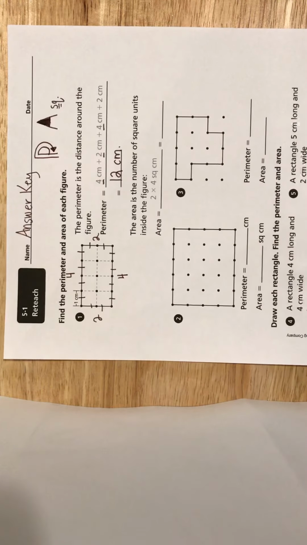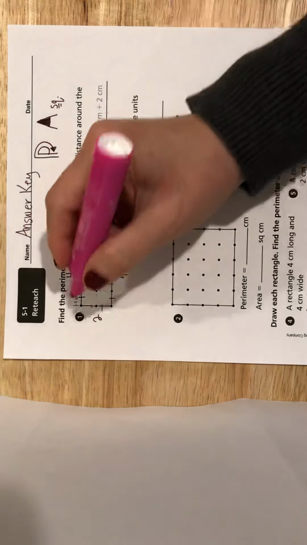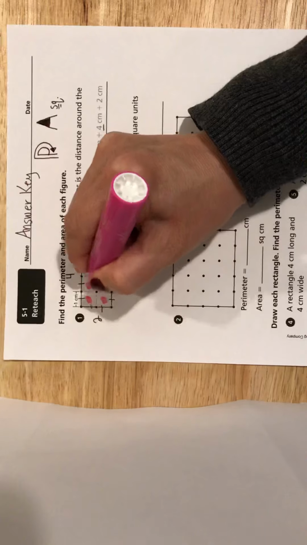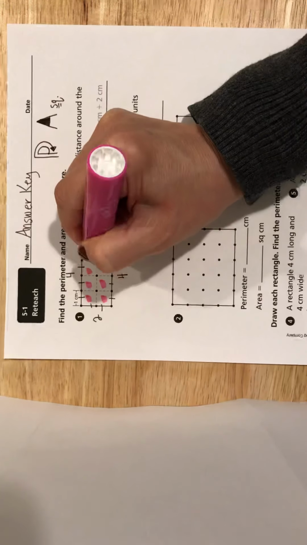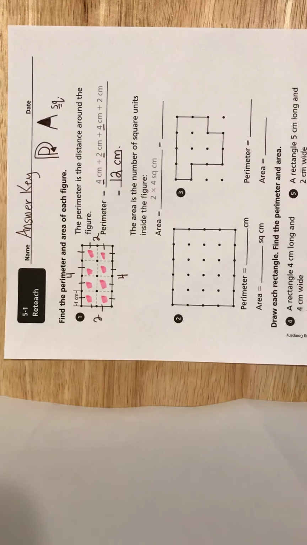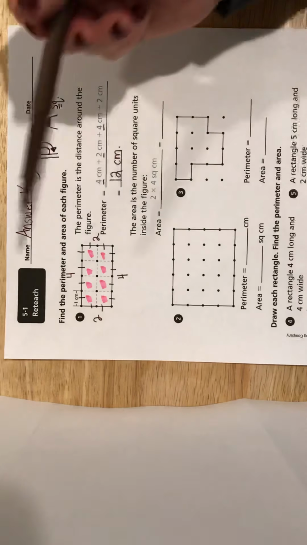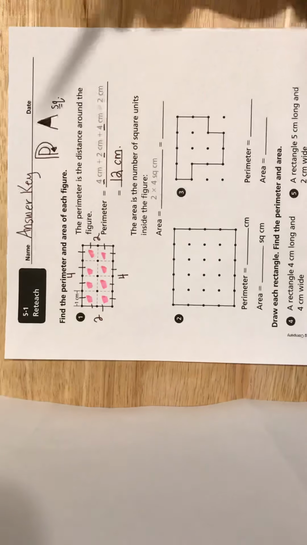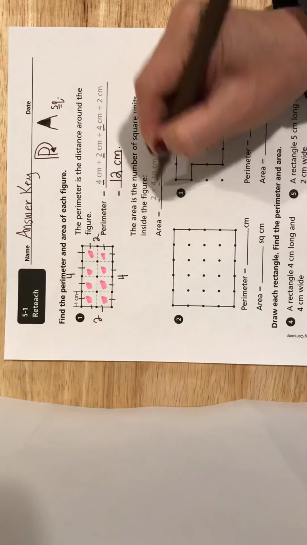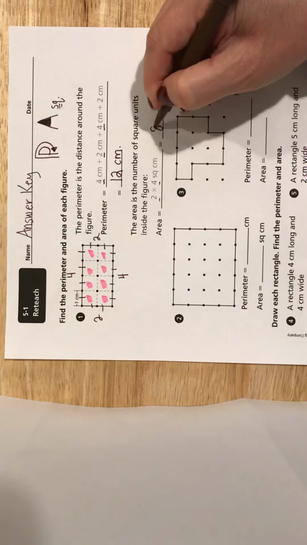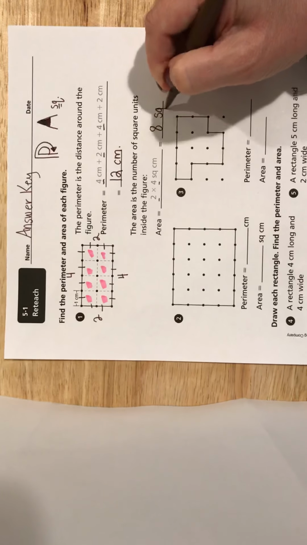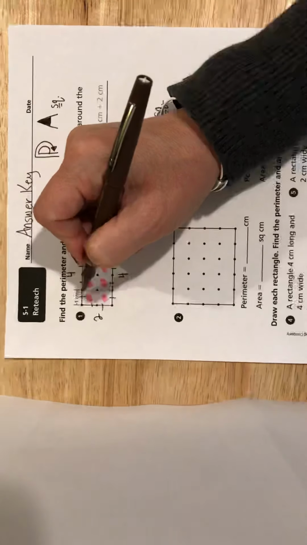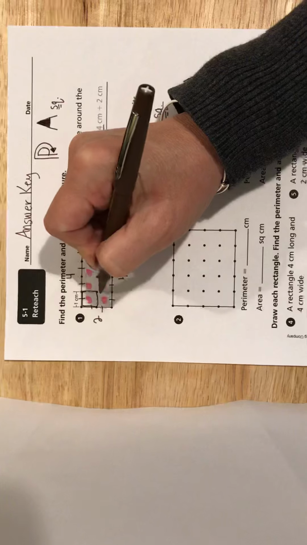Now remember, for area, we're counting the spaces on the inside. So we're counting the inside spaces of our shape. If I just counted my inside space, I'd have 1, 2, 3, 4, 5, 6, 7, 8, and we can see I have a 2 times 4, 8. And remember, I'm counting squares. I'm counting these squares of space